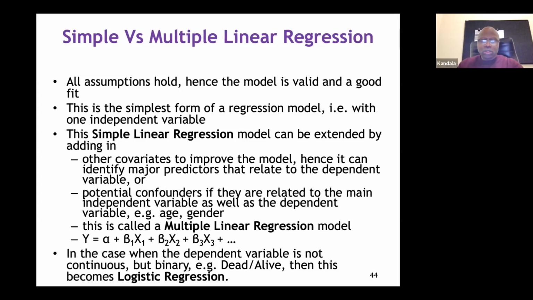And so those variables that interfere with the relationship between blood pressure difference and age are called confounding variables. And that is why in the multiple regression analysis, you are able to add some more variables. These may not be key variables, but they confound the relationship that you have between the independent variable and the dependent variable.